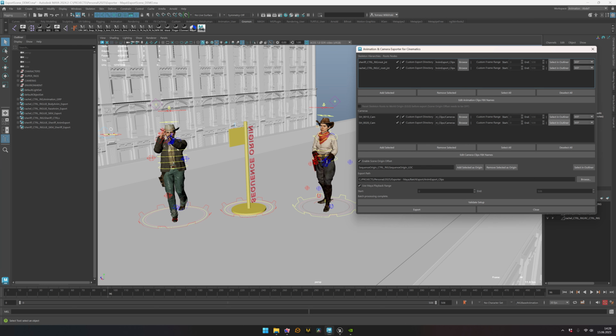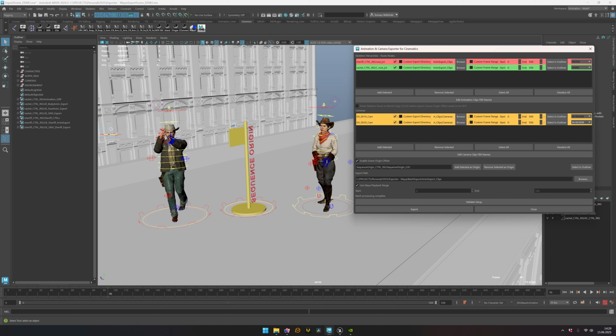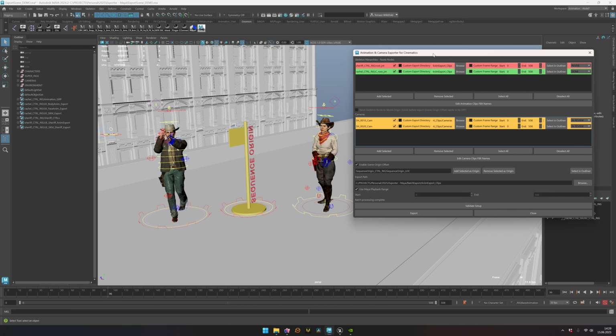What else? There is also an option to color code the status of where your animation is. How's it working? So for example, this one needs to be revised, this one is already done, and these ones